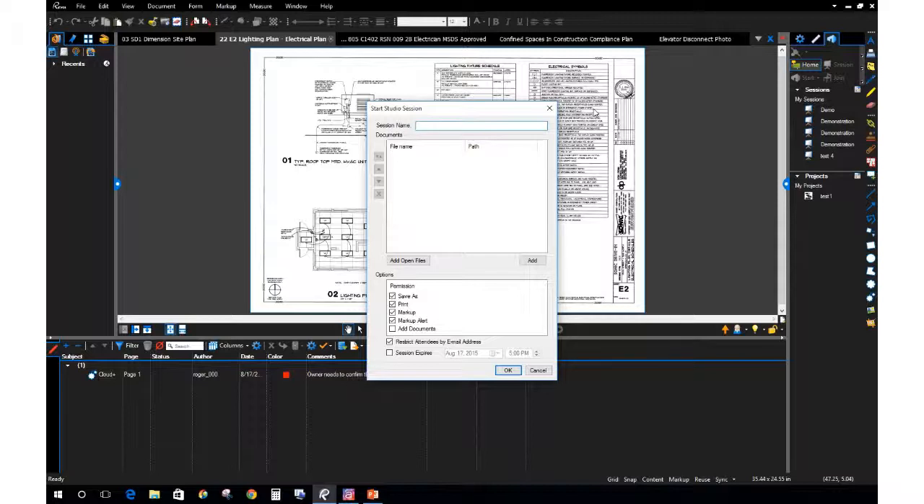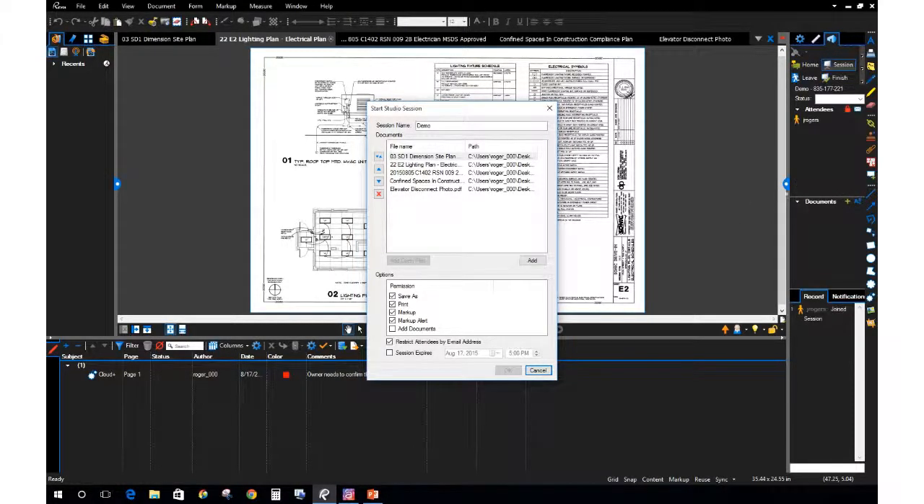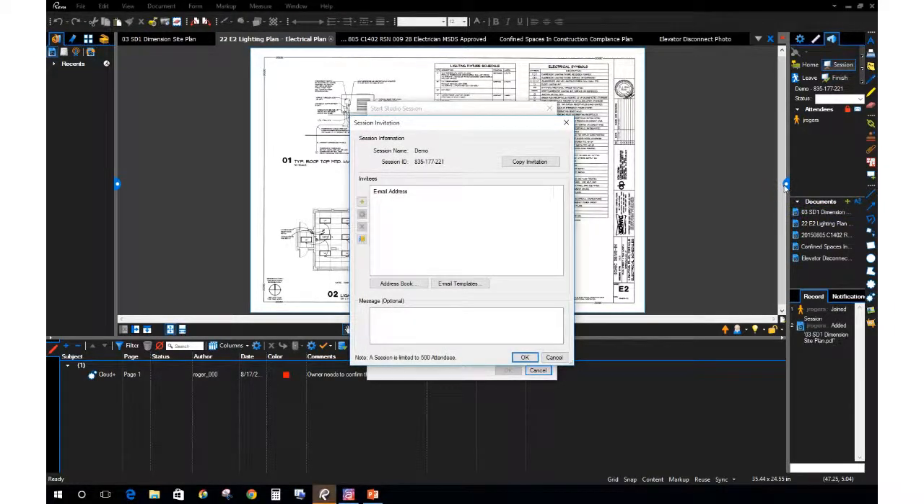A new dialog box is going to open up, and it's going to ask me to name my session, and then it's going to ask me to add files that I want included in this collaborative session. I'm going to simply click on Add Open Files to add all of those files that we've already dragged into Bluebeam. From there, I grant permissions to the users that I'm going to invite, and in this case, I'm going to let them save files, print files, mark up documents, and alert others to the markup alerts. The only thing I'm not going to allow them to do is add documents. So when I click OK, Bluebeam generates the session,